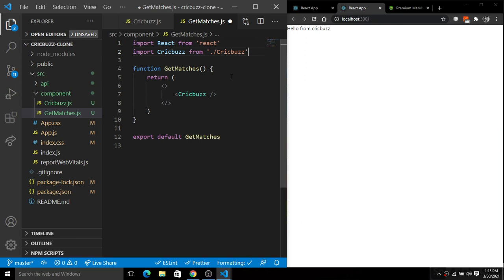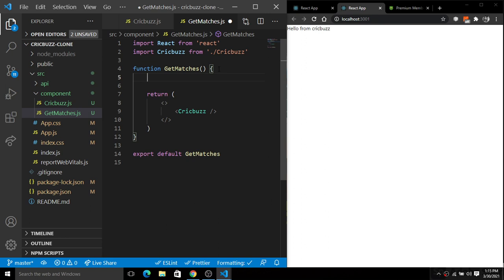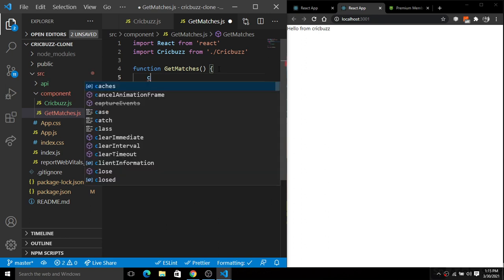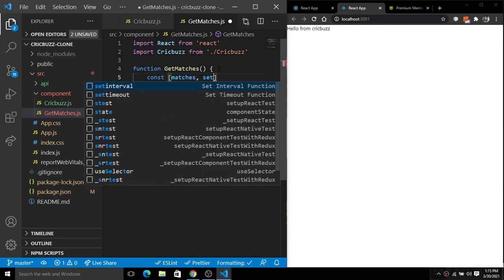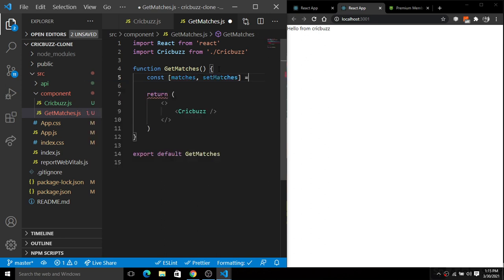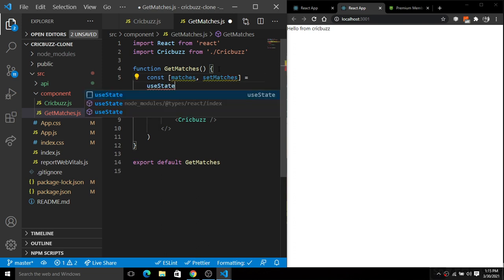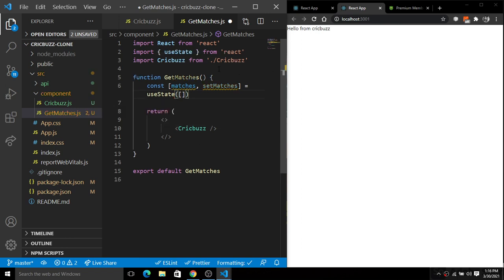So for this I'm going to simply use here a state hook. So I will simply create a bunch of hooks here. So const matches, set matches, and initially it will be an empty array. So use state, and we will simply pass here an empty array, and simply import the use state from React. So we have this get match, right?